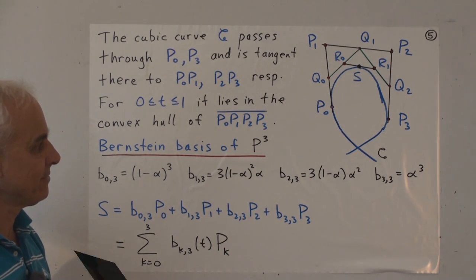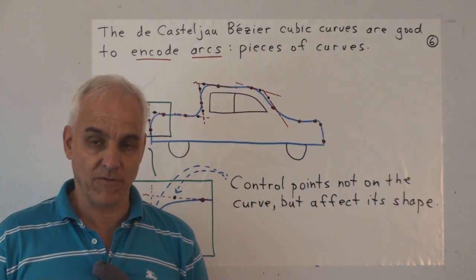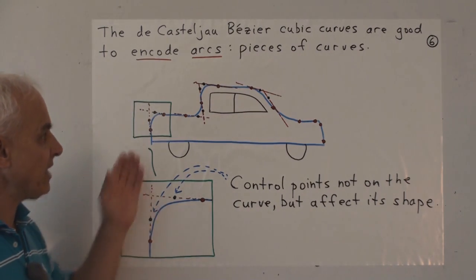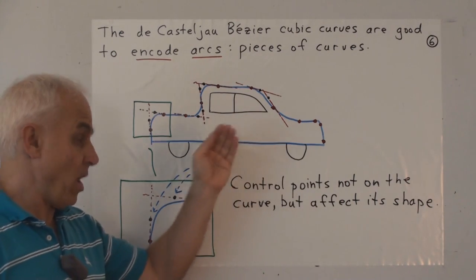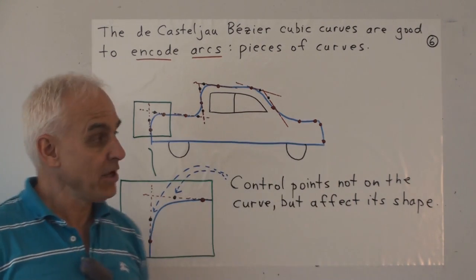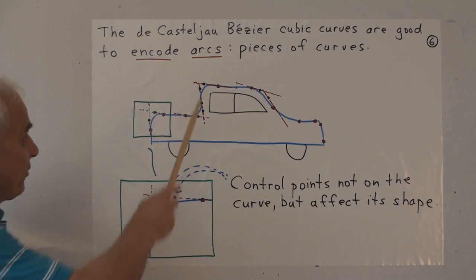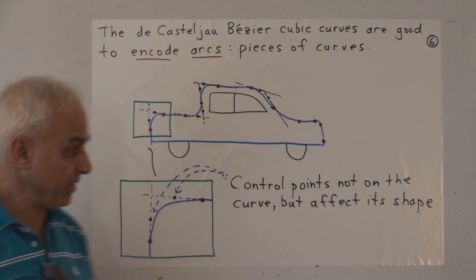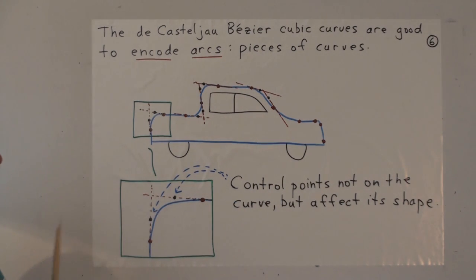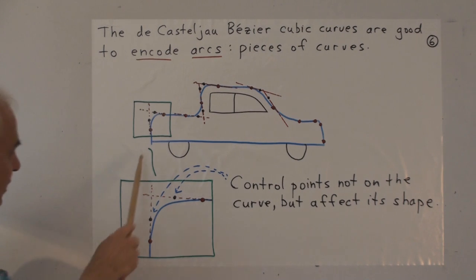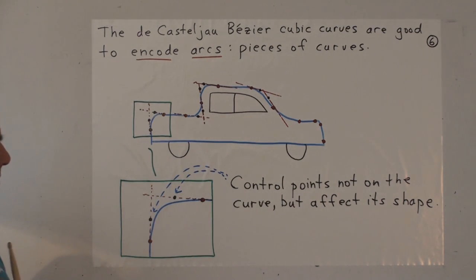These kind of cubic curves, the de Castelnau-Bézier cubic curves, are of great importance these days in design. And that's how and why they were initially introduced, to help in the design of automobiles, because both de Castelnau and Bézier worked for automobile companies. So here perhaps is a new model of a new French car, and it has a lovely shape here that some artist has worked very hard to accomplish.